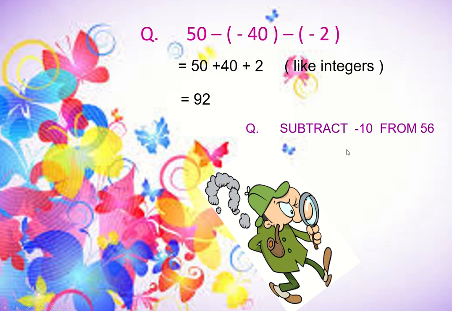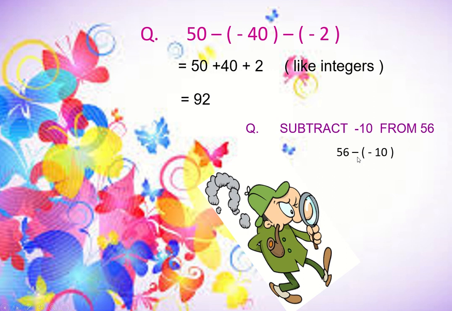How will you do it? Think about it. As you know how to make the expression in a subtraction question, the number written after 'from' we have to write first. So from 56, I will write 56 first. The word subtract means I have to put a minus sign. So I will make the expression like this. Observe how I have written. From 56 means from 56 I have to subtract. Subtract means minus sign. I have put the minus sign.